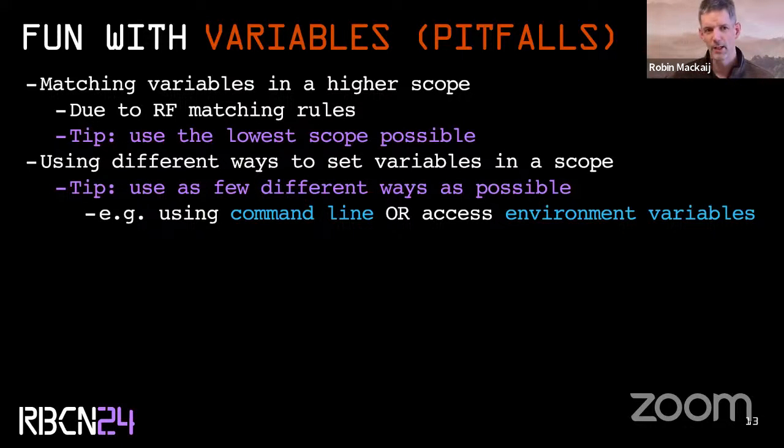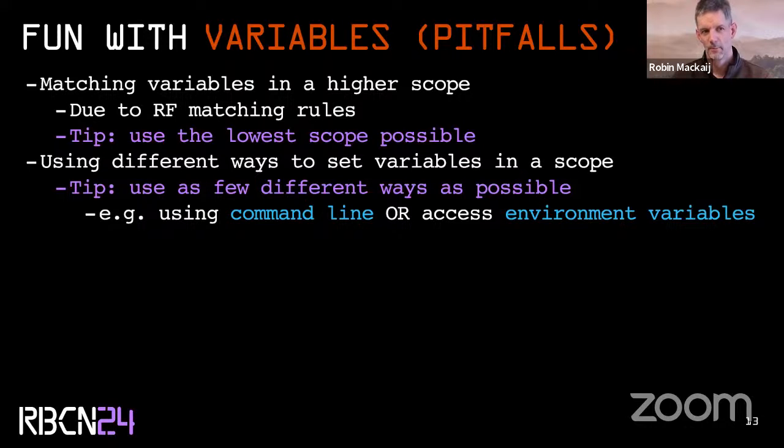Like we can use the command line to inject global variables, but we can also inject them into the environment of the running robot process and use the percentage notation to access them. It will work the same. But if you do both, that's not helping, I think,